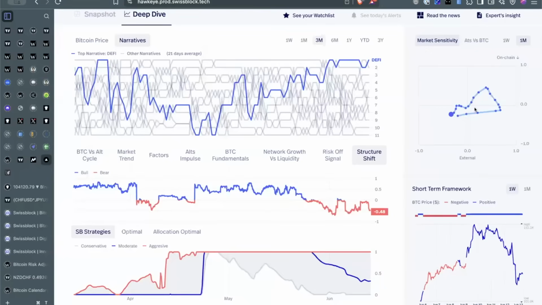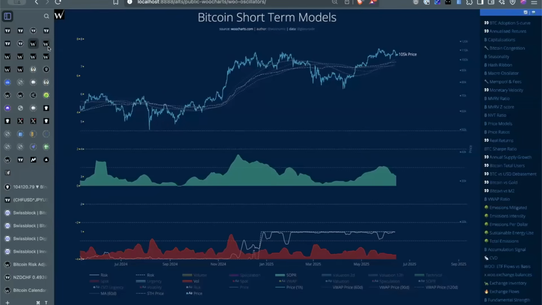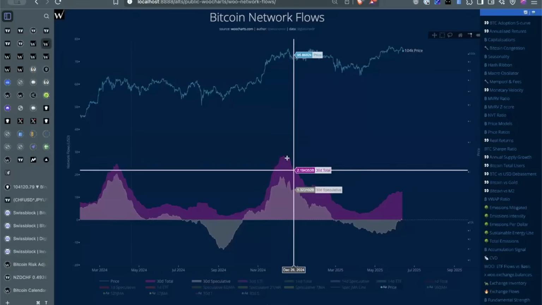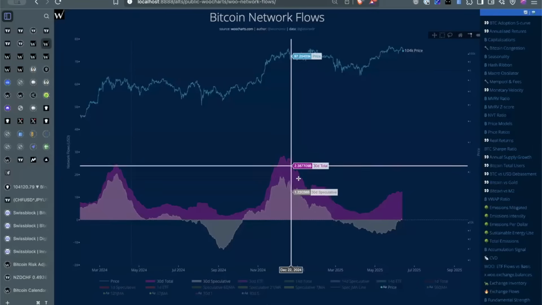The Hawkeye is telling us that we're in the center zone. It's not being pushed around by anything because we're just playing trading games and getting the traders out of the system. In terms of actual fundamentals, what we're looking at here are the inflows into the Bitcoin network. And it is certainly not pivoted bearish. This is a bearish pivot, right? That's when the capital flows are now reducing.